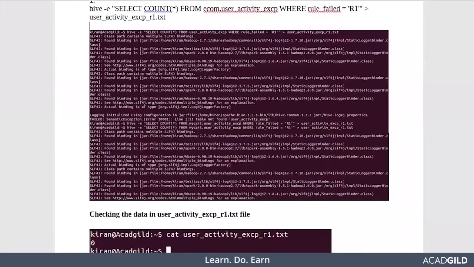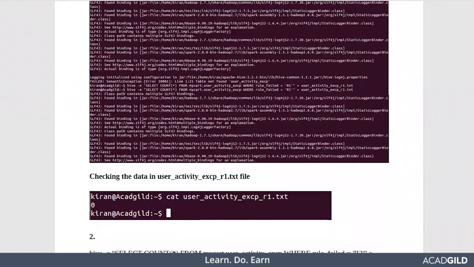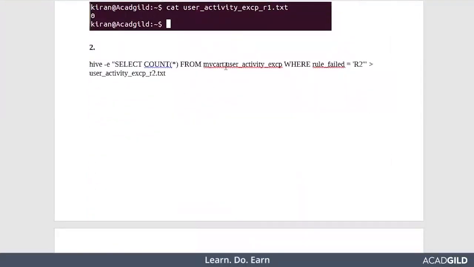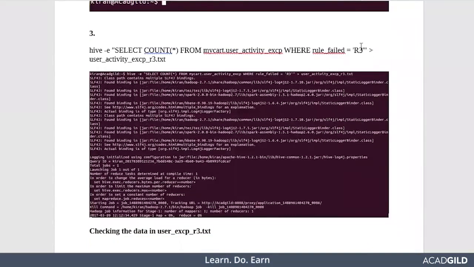The same thing we will be performing for every rule. There are 3 different rules. So for the exception data, we will be checking rule 1, rule 2, rule 3. For the same user activity exception, we are checking how many records did not satisfy rule 2, then how many did not satisfy rule 3. So this is for user activity exception.